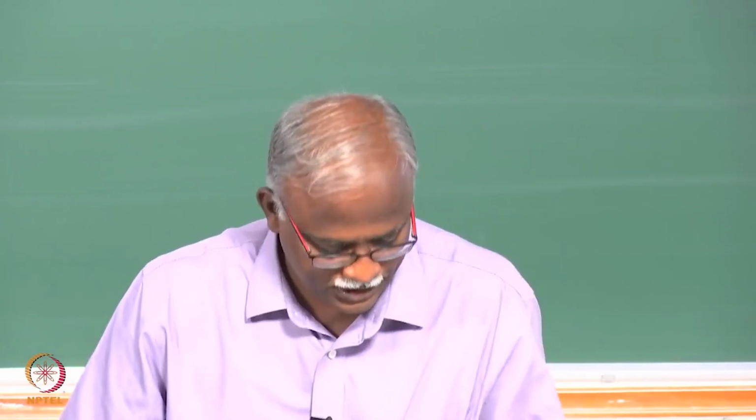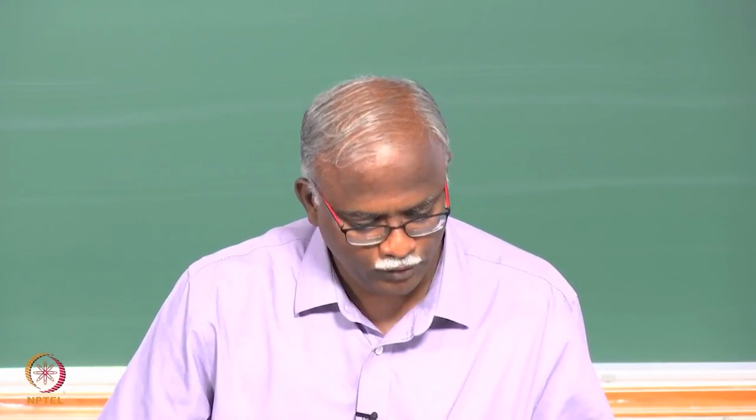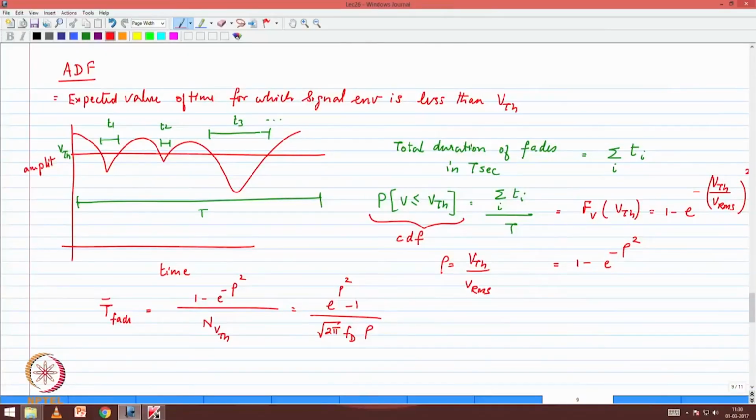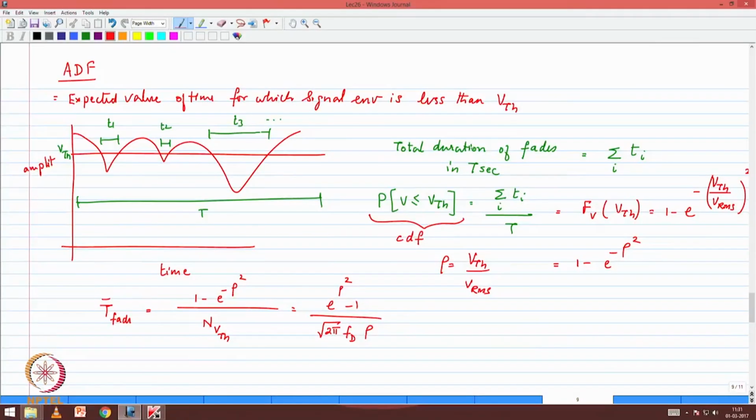So two expressions that we have are very useful for us. Again, if there are any questions, basically what we have said is: what is the probability that you are below a certain threshold, multiplied by time to get the duration in seconds. Then divided by how many zero crossings are likely to occur in that same unit time, and on average that is going to be your fade duration.